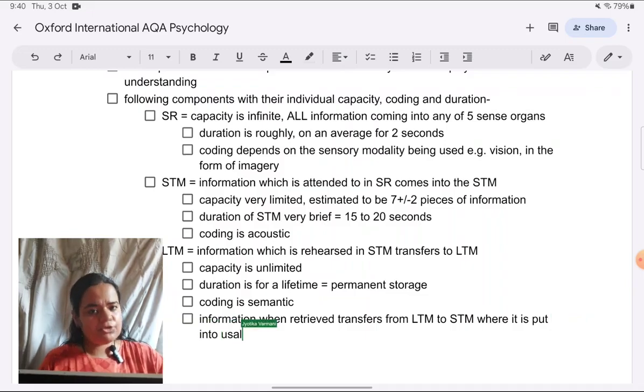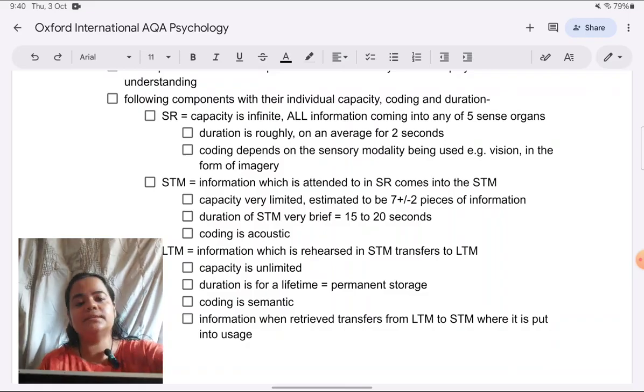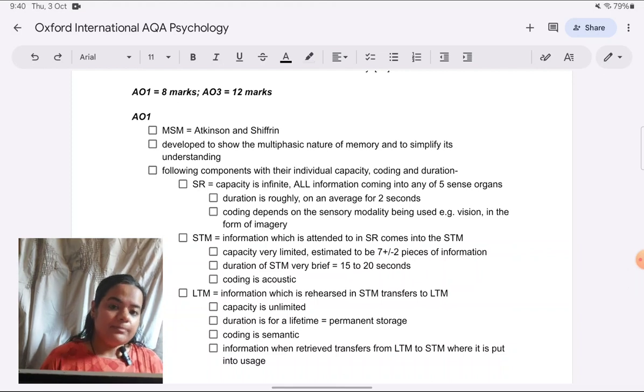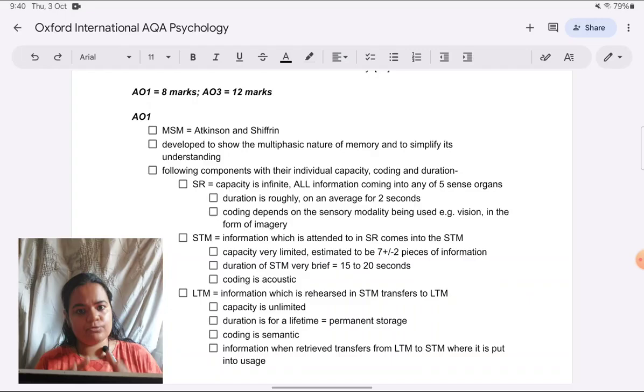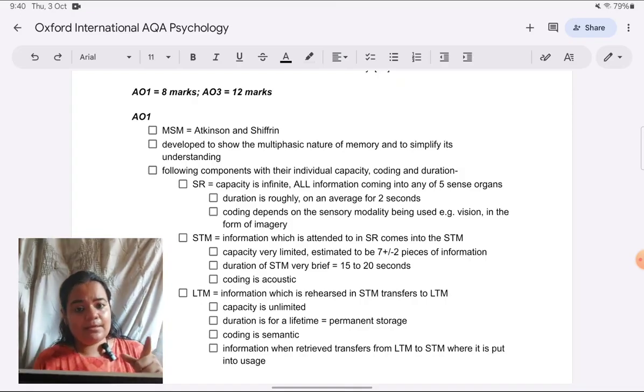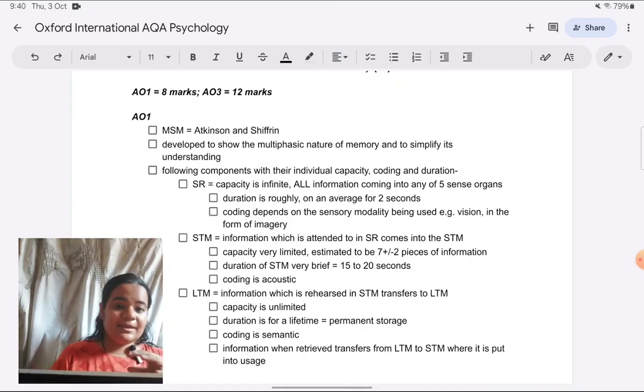I know there is much more that can be written in the sense of elaborative rehearsal, maintenance rehearsal, types of rehearsal basically, and types of retrieval as well, or how information can get deleted at any point from short-term memory. Or some researchers even say, though most don't agree, that it can even get deleted from long-term memory. Of course, it can in the case of amnesia. But again, like I said, that gets into too much detail for 8 marks.